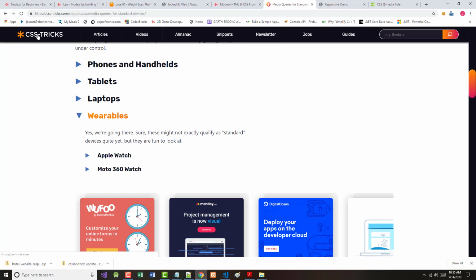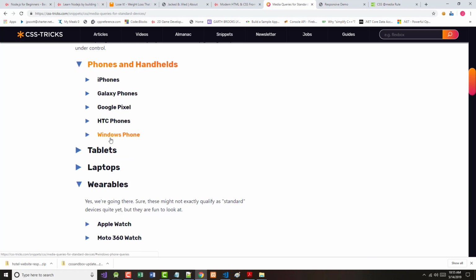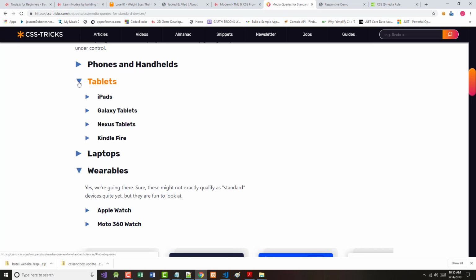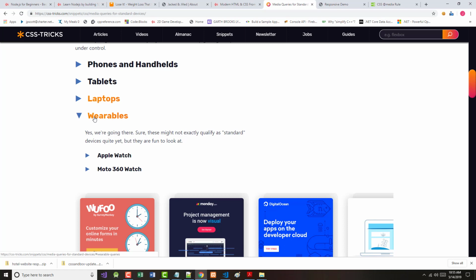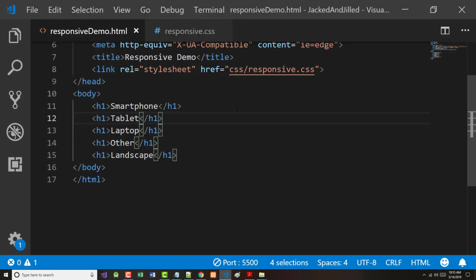and I showed this to you before with CSS tricks, and notice, do I want to account for every kind of phone, iPhones, non-iPhones, etc., every kind of tablet, every kind of laptop, etc.? Do I care about wearables, that kind of thing? So I decided to break this down. Again, I'm kind of stealing a page out of Brad Traversy stuff here. I'm using some of what he did, for lack of better words, as